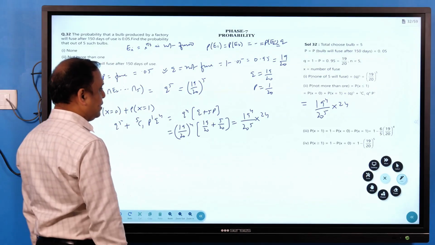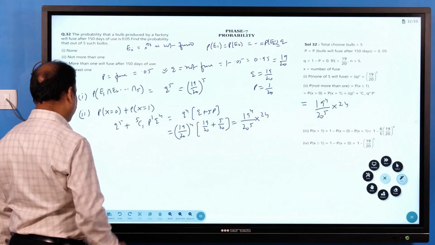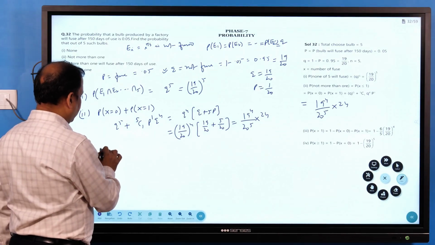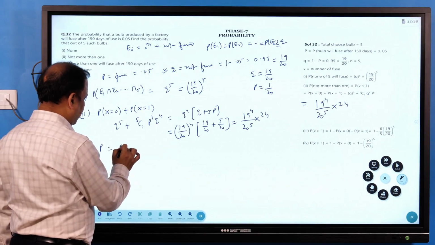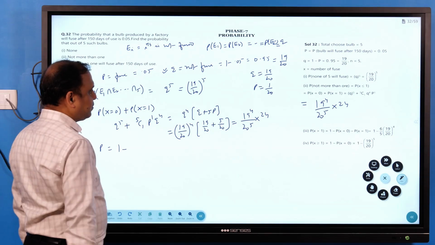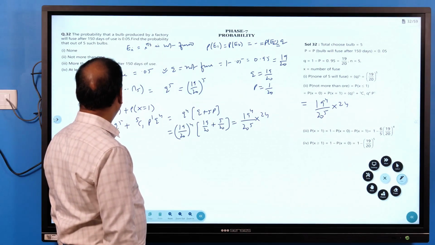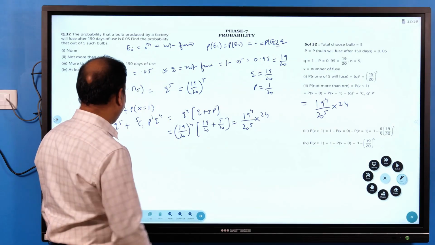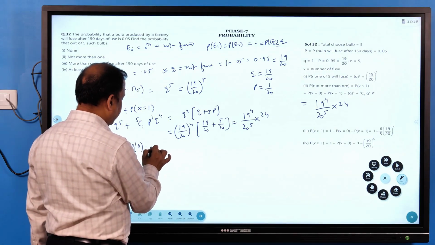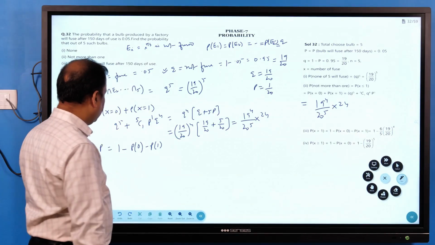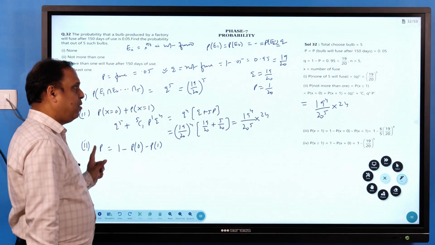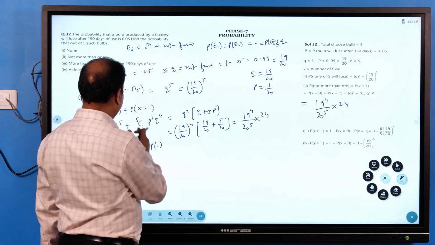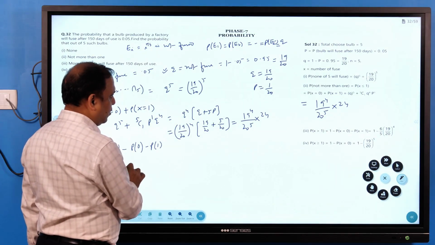Now more than 1 will fuse. Here it is very important. More than 1 means 1 minus. So in the third case, we have to find the required probability: 1 minus. More than 1 means either 2, 3, 4, 5. So 1 minus the probability of what we don't want, 0 and 1. This probability we want, the probability of 2, 3, 4 or 5. These two events we have already calculated, P0 and P1. So this will be 1 minus